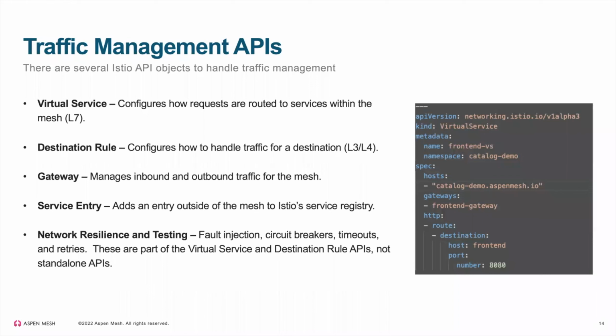But it gets a little confusing as well. So if you are going to play around with this in a sandbox, the virtual service and destination rule relationship is a little confusing. And honestly, sometimes I wish they'd just combine them because they overlap all the time. But in general, the virtual service configures how a request is routed to a Kubernetes service within the mesh, and a destination rule at the end of that virtual service then configures how to handle the traffic for that. So I tend to think of virtual service being at layer 7.